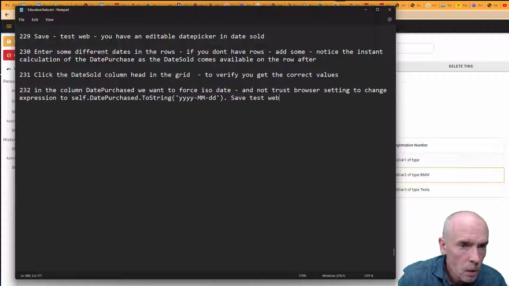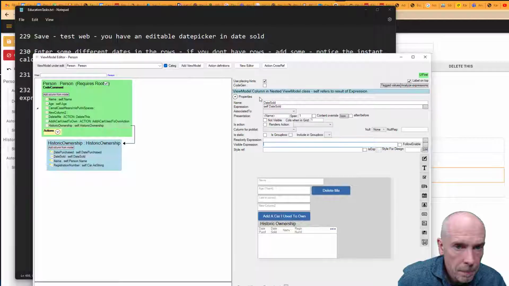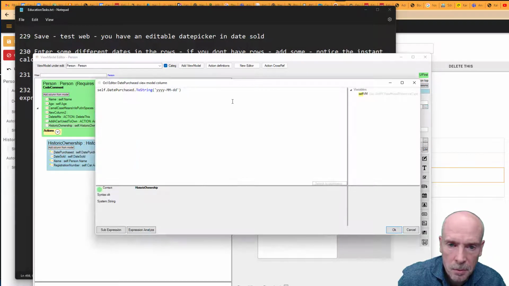So in the column date purchase, we want to force ISO date and not trust the browser settings. So I'm gonna have this expression instead, and date purchased, and what this says is 4 first positions is year, and the next 2 are month, and then there's day, and the reason for large capitals here. This is actually the standard C# thing,